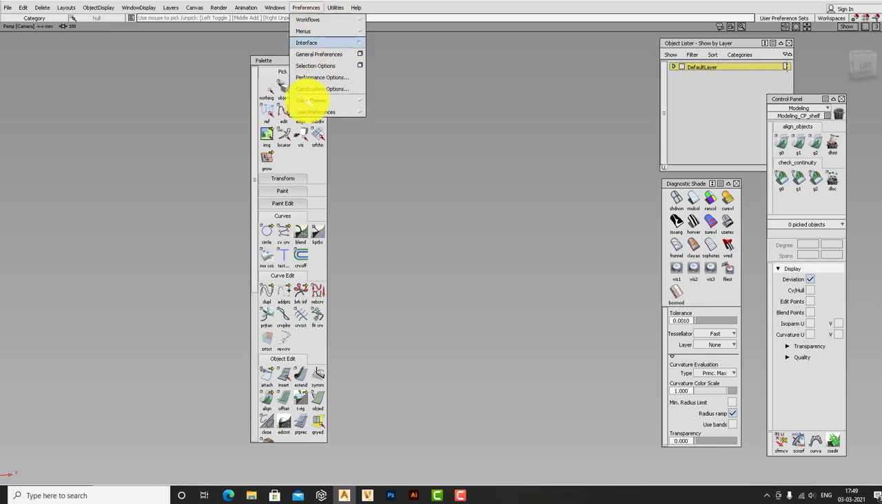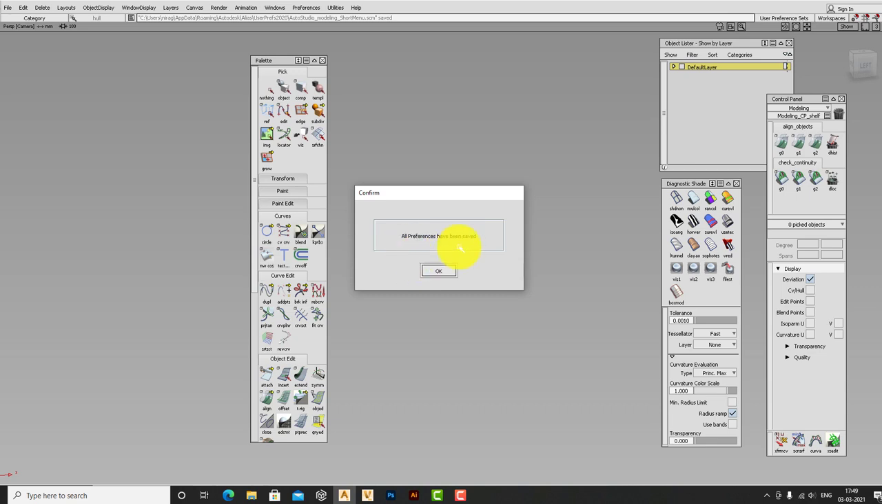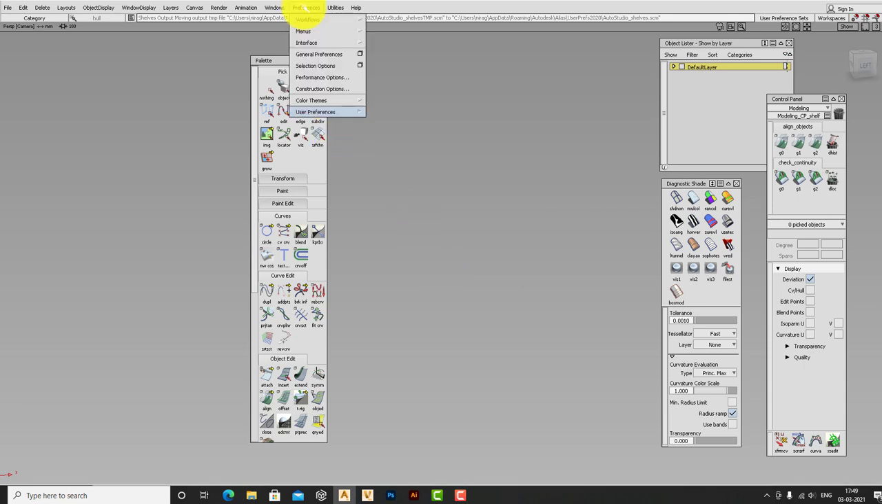After this, don't forget to go into Preferences, User Preferences, and save the preferences whatever you have done. Now at the initial level it will ask you to overwrite. Do you want to overwrite the default settings? Then you can say yes, and all the new preferences of the shortcut keys will be saved. Okay, now similarly